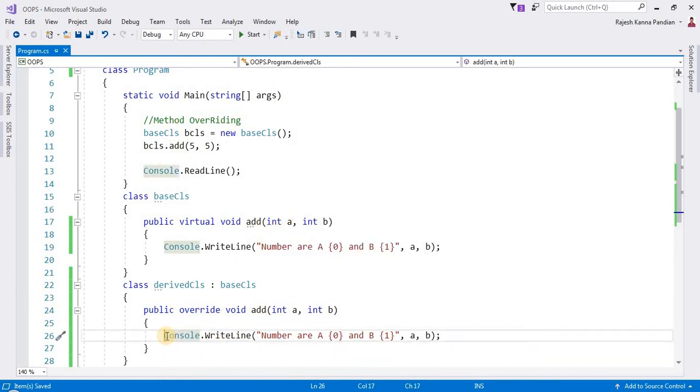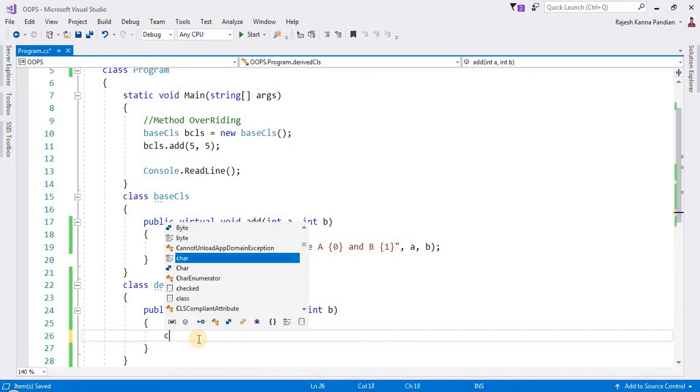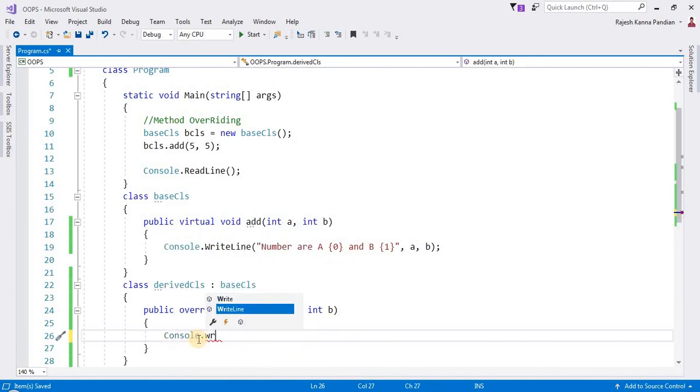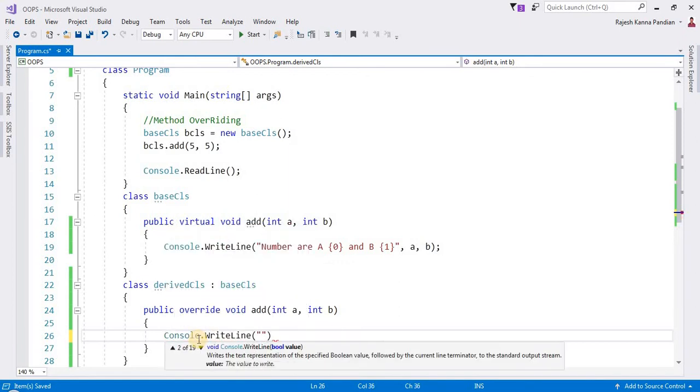Now I can have the same code. There are two options for you. You can either have the same code, or you can remove the old code and do your own logic. For example, I'm going to print the sum of the two numbers. Sum is